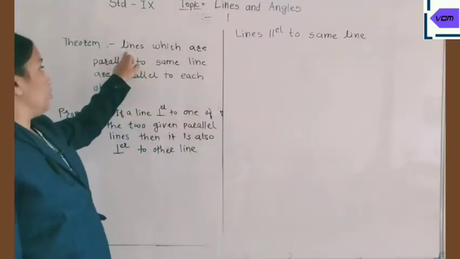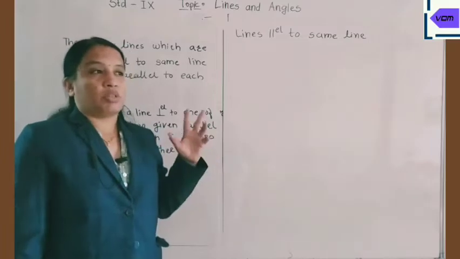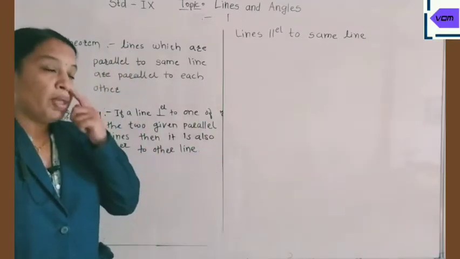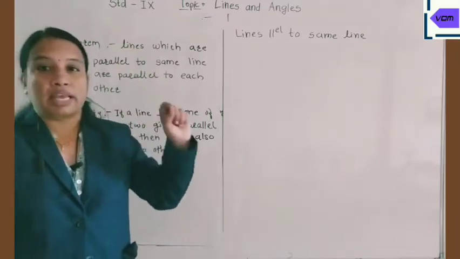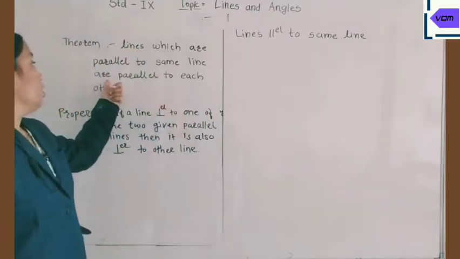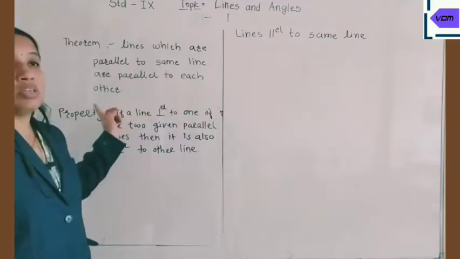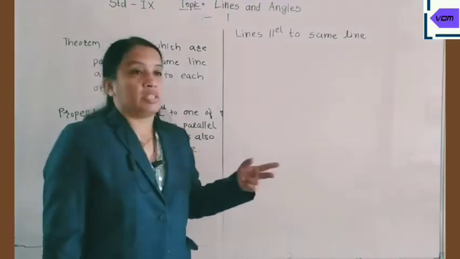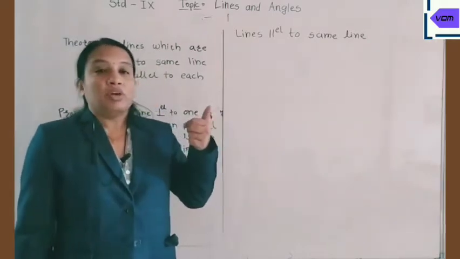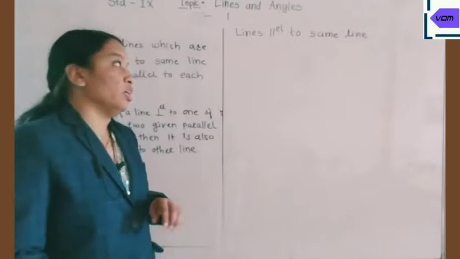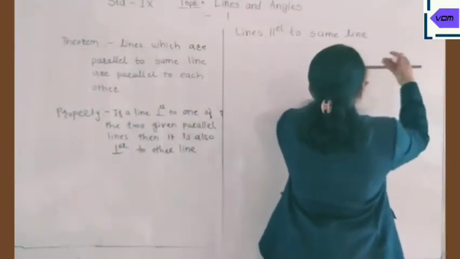One of the theorems says that lines which are parallel to the same line, meaning suppose two lines are given and both are parallel to one same line, are parallel to each other. Means if two lines are parallel to the same line, then those two lines are also parallel to each other. For this we will take two lines